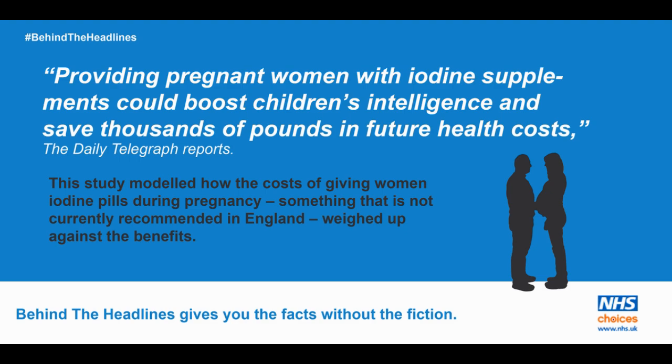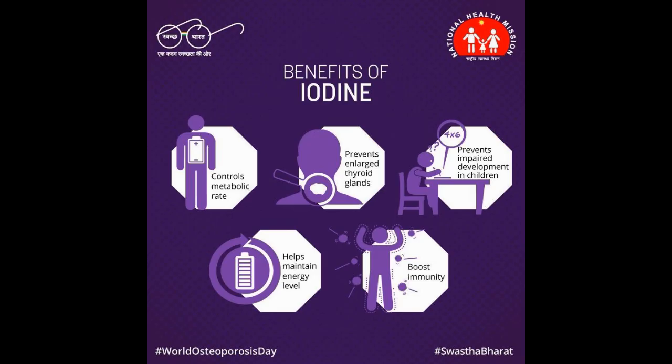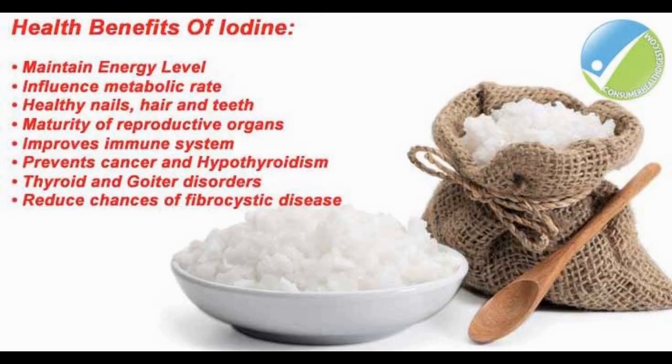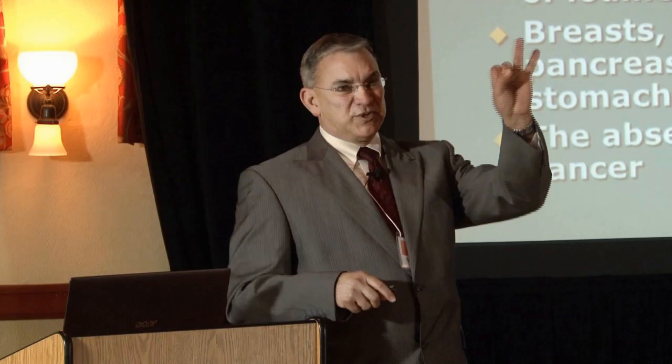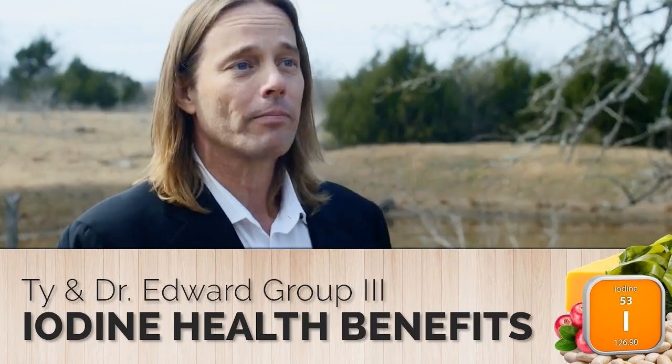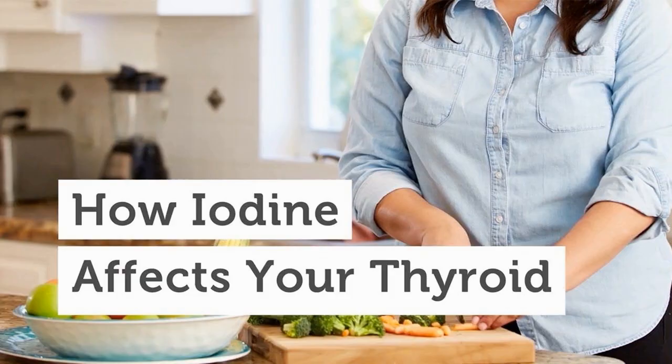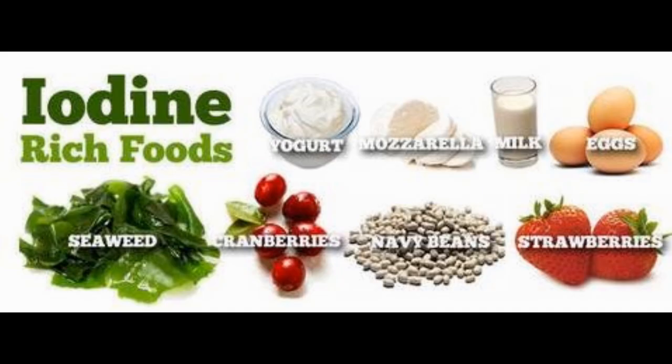Now, if you look at patients who have diabetes, 90% of diabetics have plenty of insulin. There's plenty of insulin in the body. What they have is what's called insulin-resistant diabetes. That is, the body doesn't recognize the presence of the insulin. Iodine helps to increase the recognition of the body to the presence of the insulin.